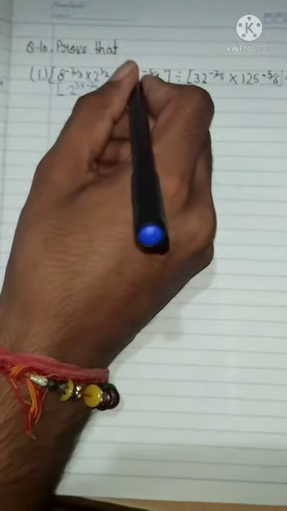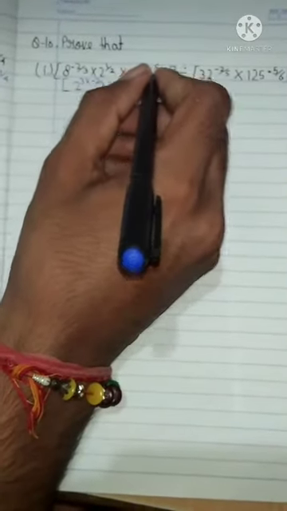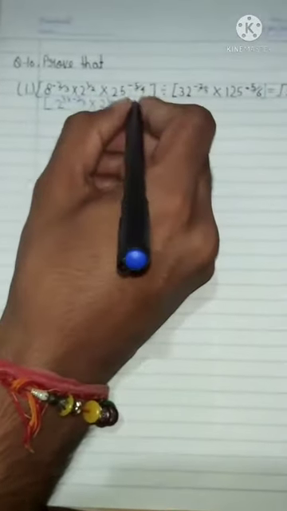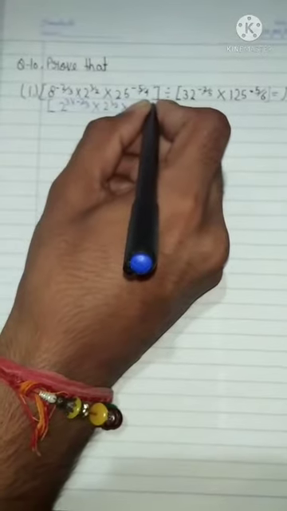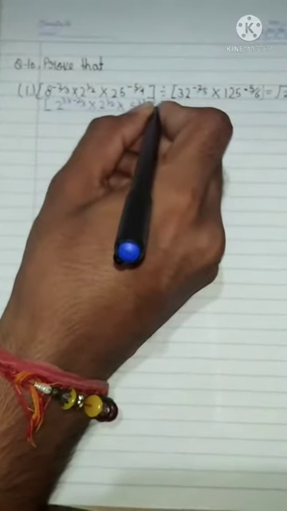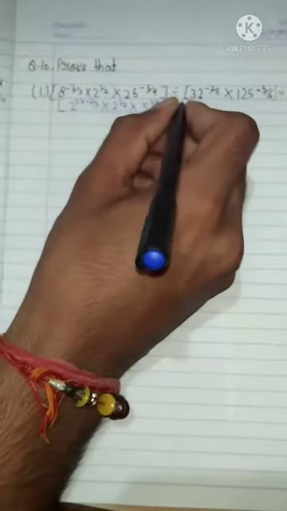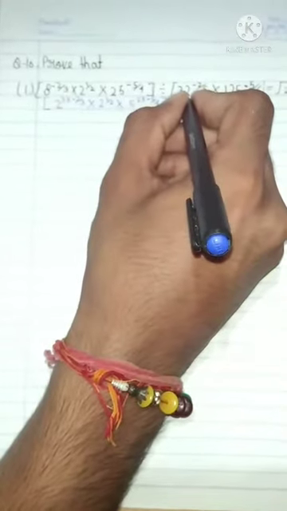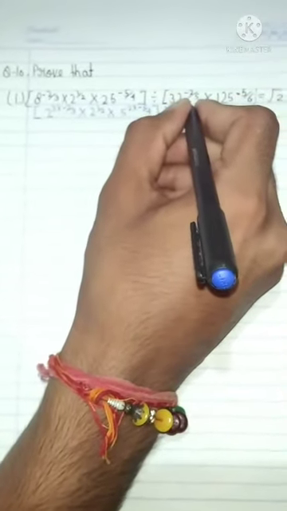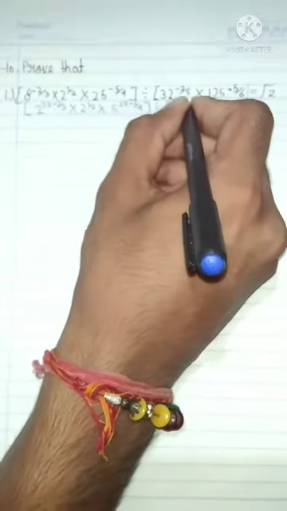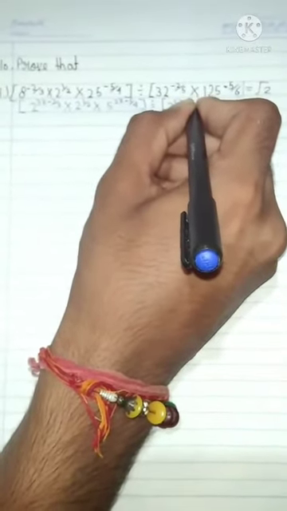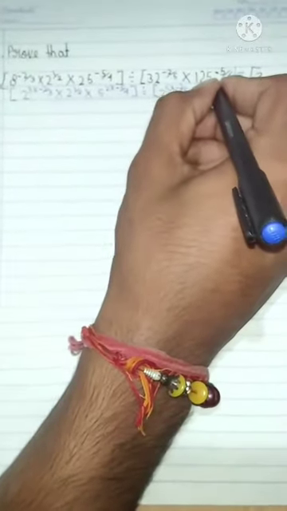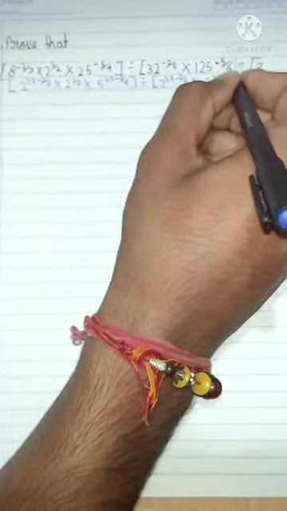And what can you write in the place of 25, which is base of 25 के पावर minus 5/4? 5 square into minus 5/4, using the identity a के पावर m के पावर n equal to a के पावर m into n. Divide by 32 के पावर, what can you write in the place of 32? 2 के पावर 5 into minus 2 के पावर 2/5, into what can you write in the place of 125? 5 cube into minus 5/6.